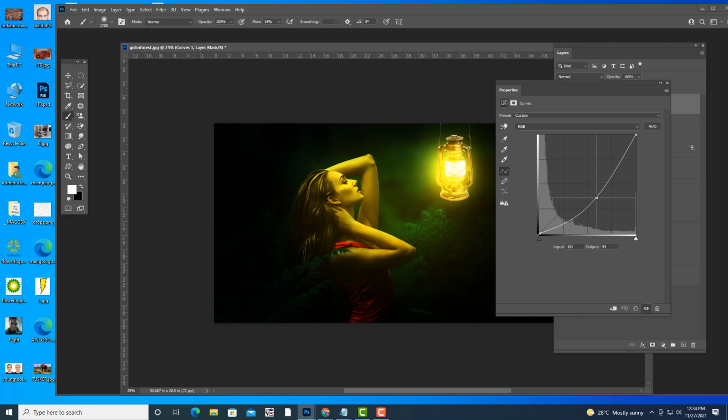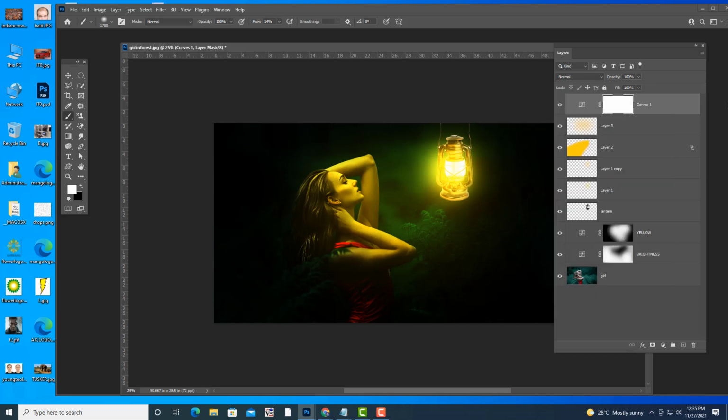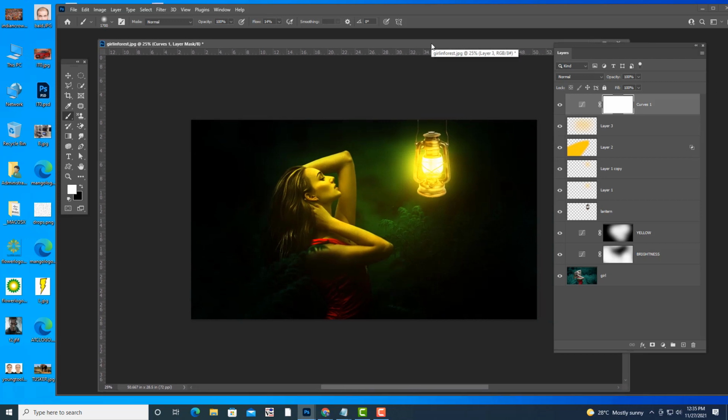Can you see the change? See. If there is darkness, it looks brighter. See, understood everyone? So this is a bulb glow effect. Clear everybody? Bulb glow.